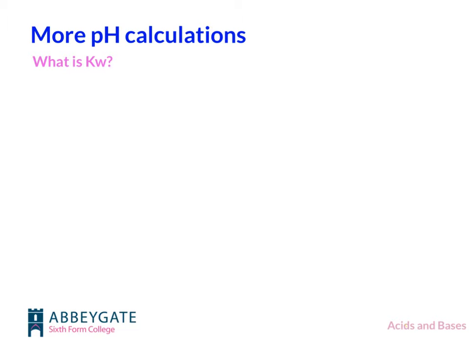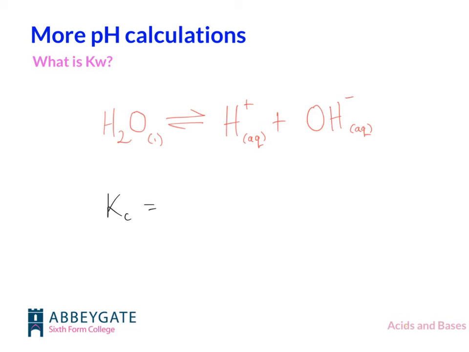If we consider the reaction where water turns into, but it forms an equilibrium, hydrogen ions plus hydroxide ions. Water's a liquid. Got aqueous hydrogen ions, aqueous hydroxide ions. If we wanted to write an expression for Kc for this equilibrium, it would be, as always,